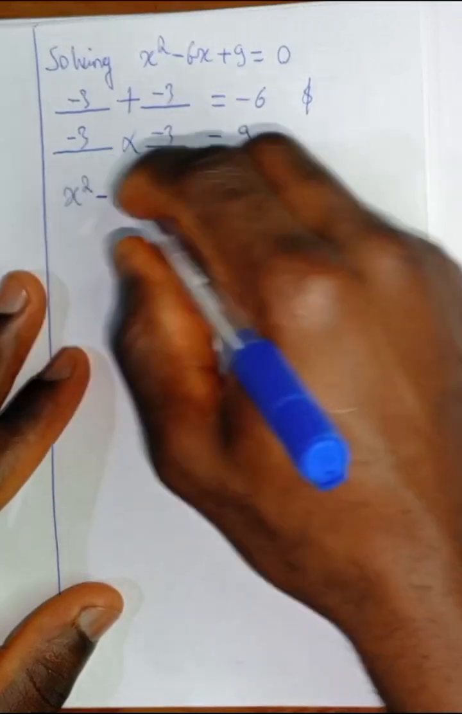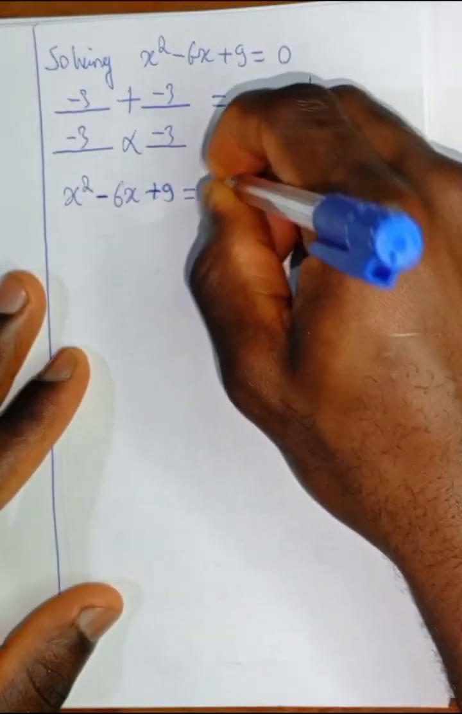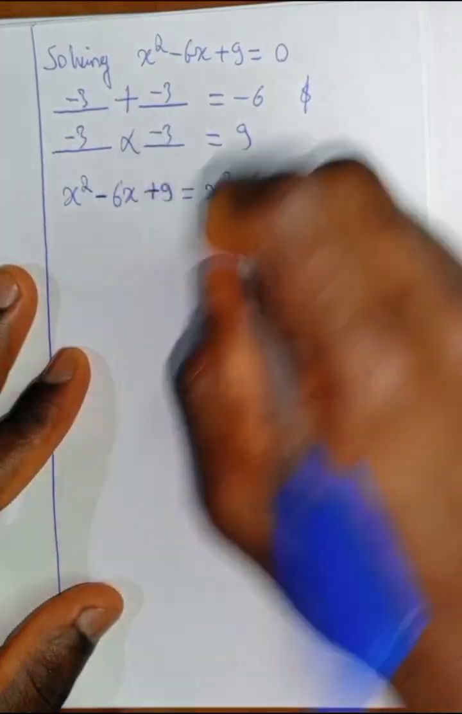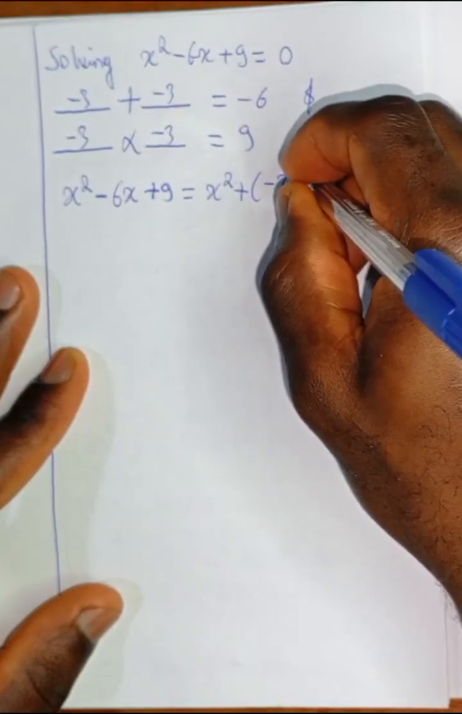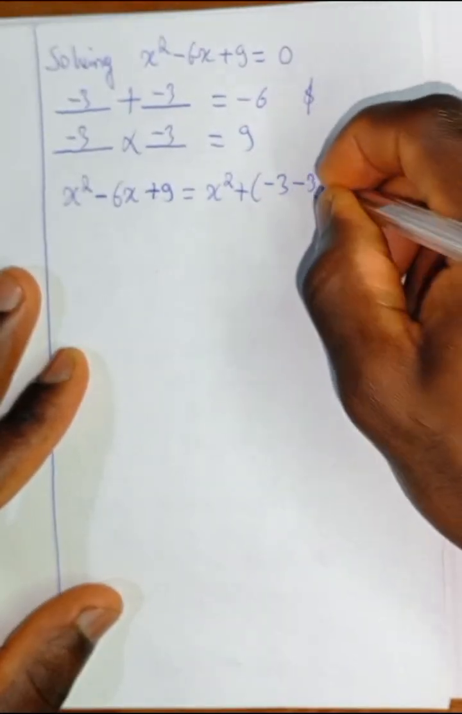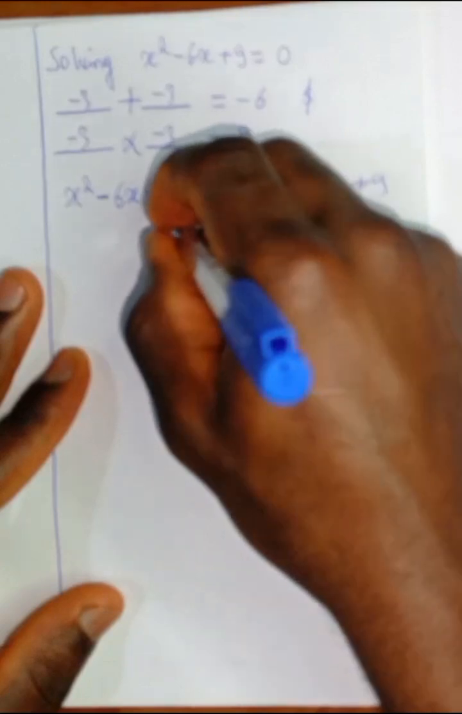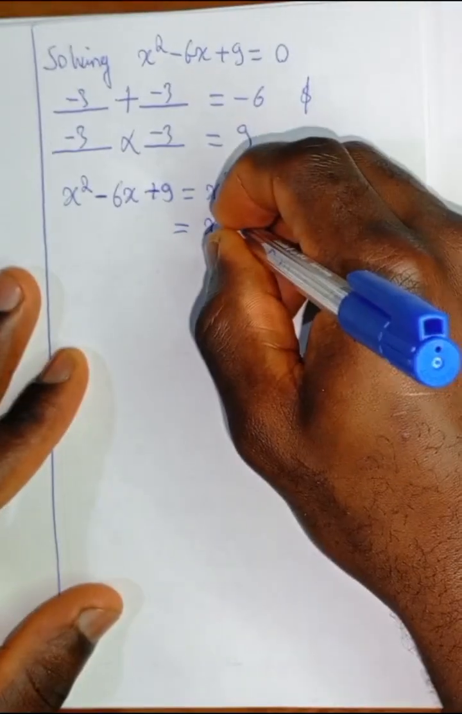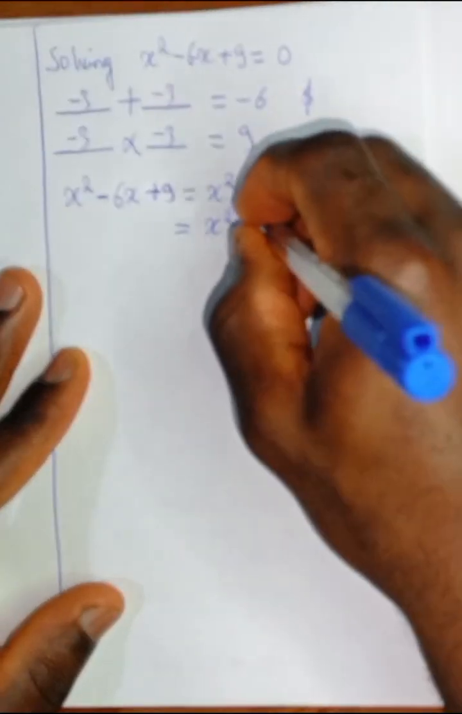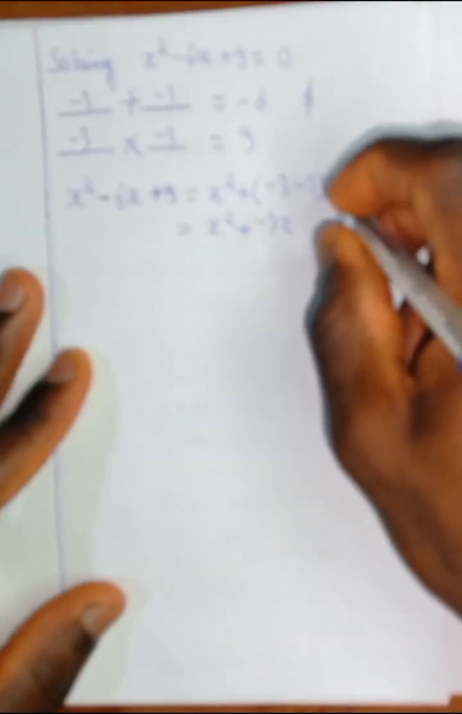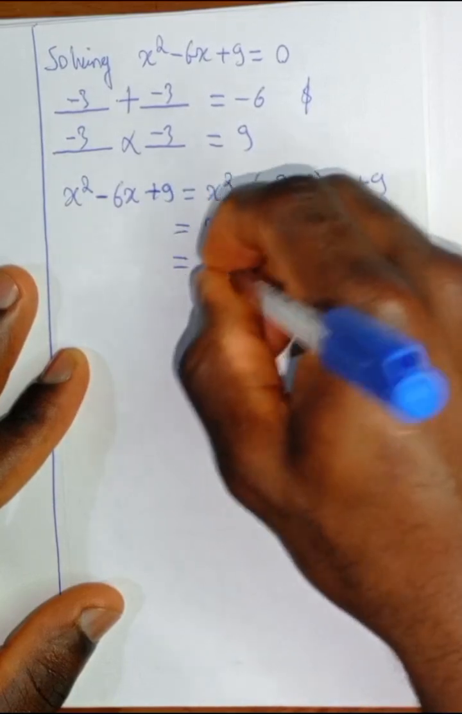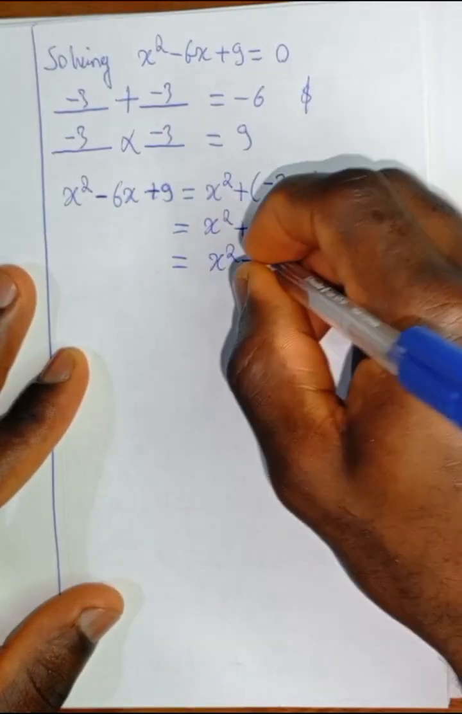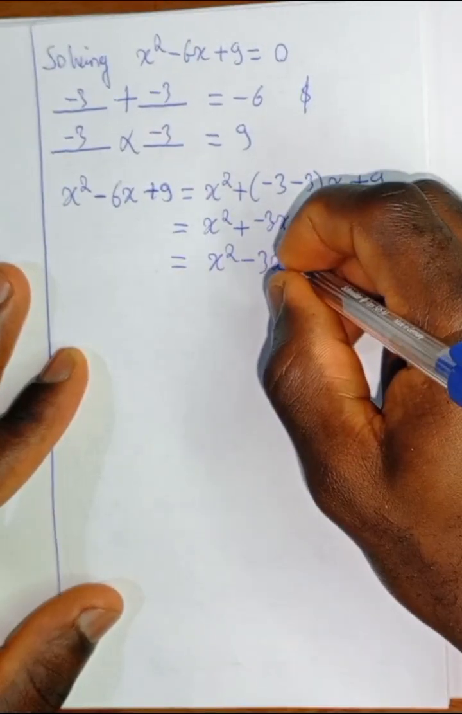I will factorize the left hand side to be the same as x squared plus, I will replace negative 6 with negative 3 plus negative 3, in bracket times x plus 9. And this will simply be equal to x squared plus, we expand, negative 3 times x gives us negative 3x, negative 3 times x gives us negative 3x plus 9, which will simply be equal to x squared minus 3x